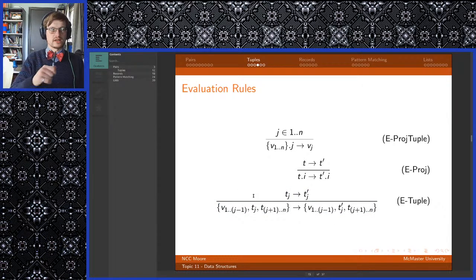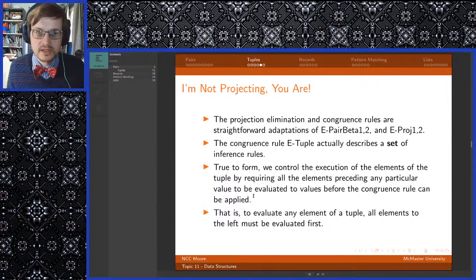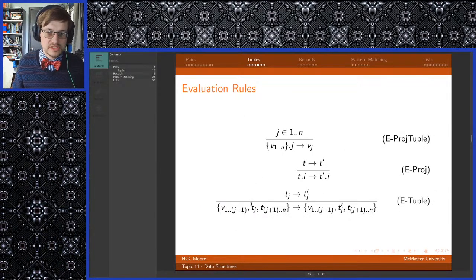Now, this is an interesting one. There are some subtleties here. Notice we've got v from 1 to j minus 1. Then we've got t at j. Then we've got t at j plus 1 to n. And that gets converted to the same beginning and the same end, and